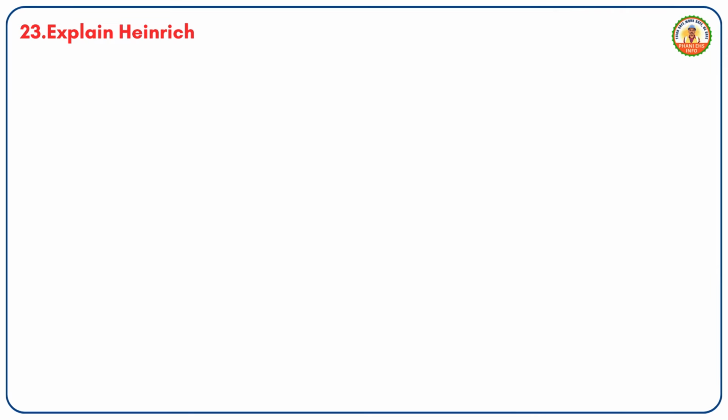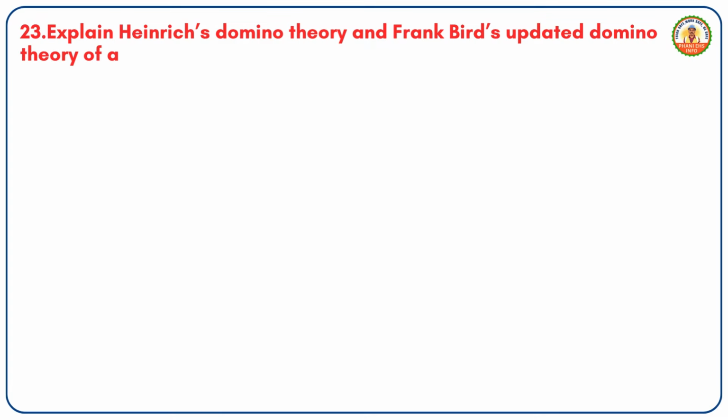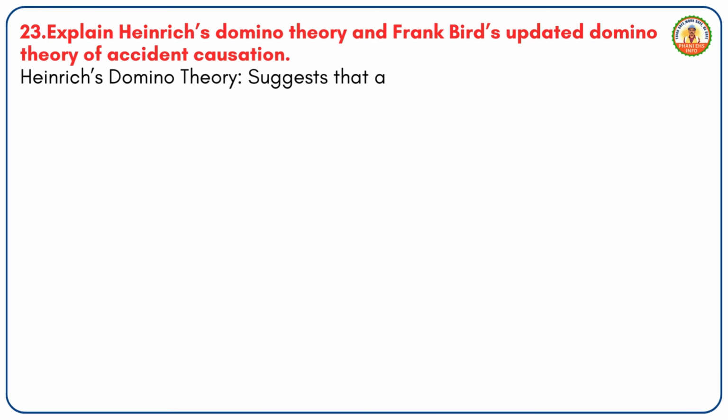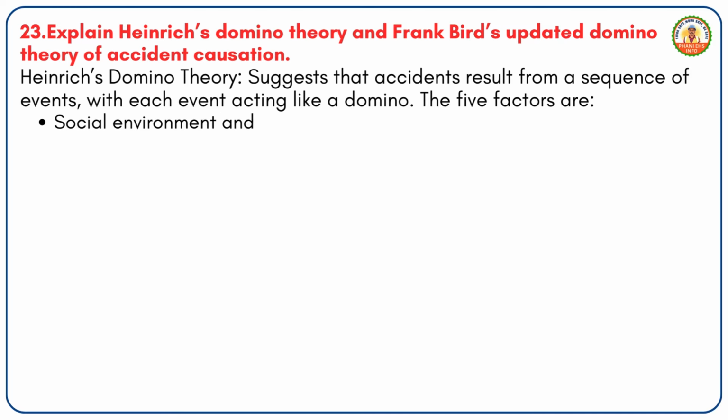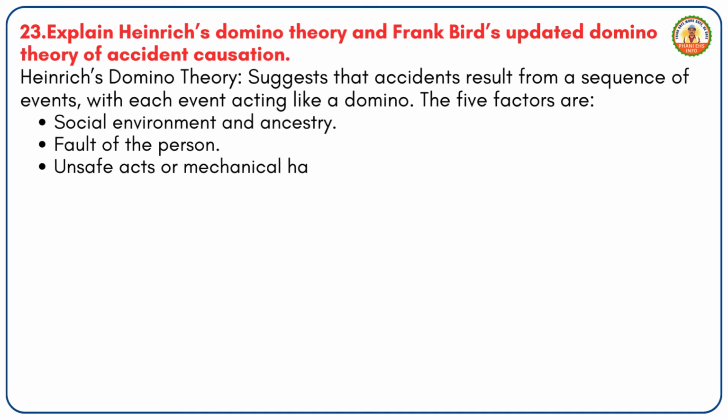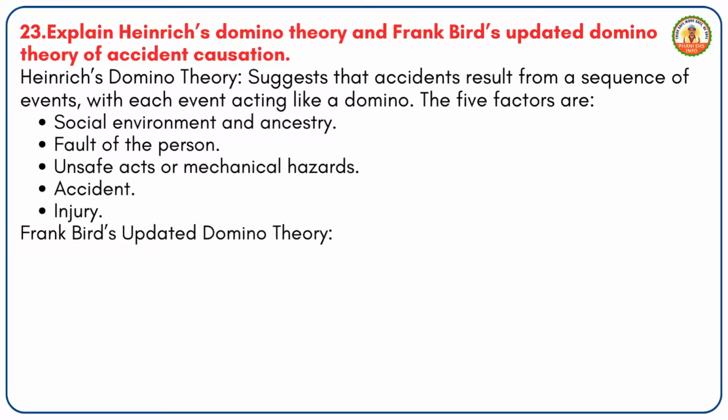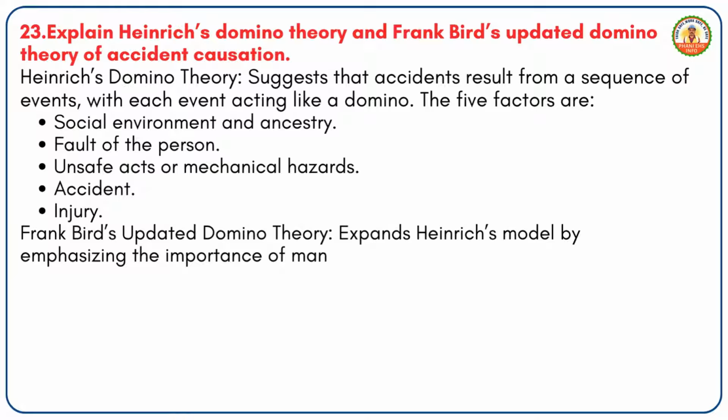23. Explain Heinrich's domino theory and Frank Bird's updated domino theory of accident causation. Answer. Heinrich's domino theory suggests that accidents result from a sequence of events, with each event acting like a domino. The 5 factors are: 1. Social environment and ancestry. 2. Fault of the person. 3. Unsafe acts or mechanical hazards. 4. Accident. 5. Injury. Frank Bird's updated domino theory expands Heinrich's model by emphasizing the importance of management control and